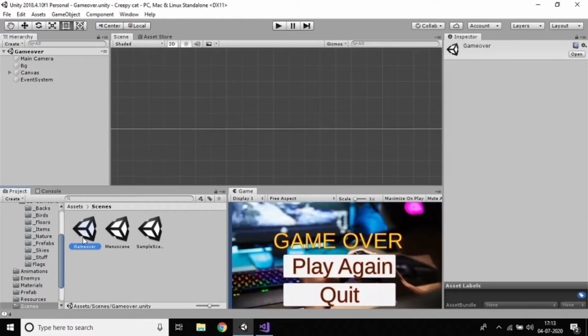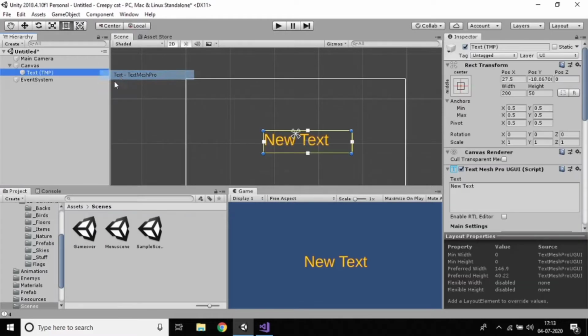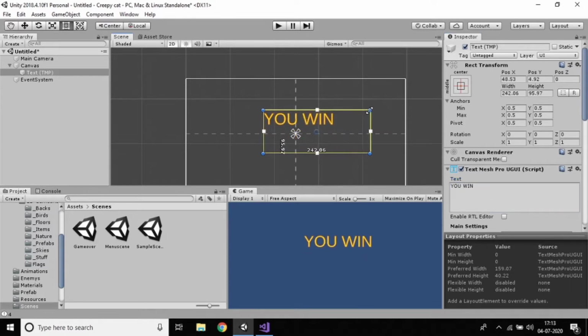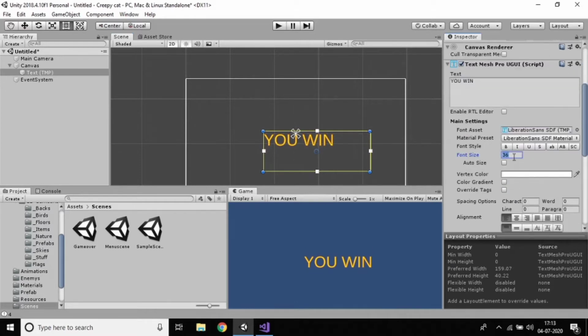Then go to UI and create a TextMeshPro. Now you are able to see it, make it say you win. If you want to increase the size, you can increase it, so just increase the size to 50.